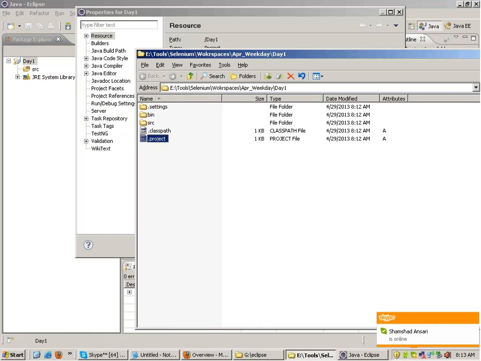The .project file represents that it is an Eclipse project. This project is generated by Eclipse. If you delete this file, then this project will not open in Eclipse. So please be very careful. Don't delete everything and anything. Now moving forward,